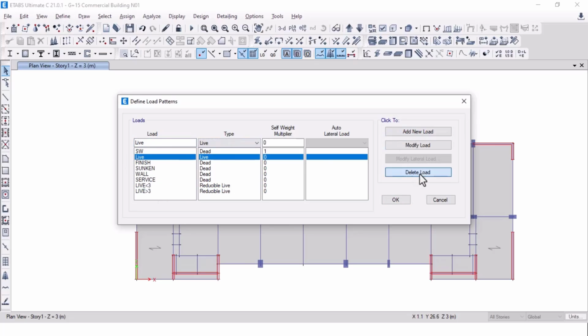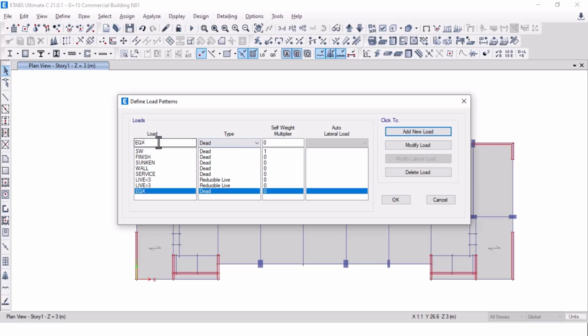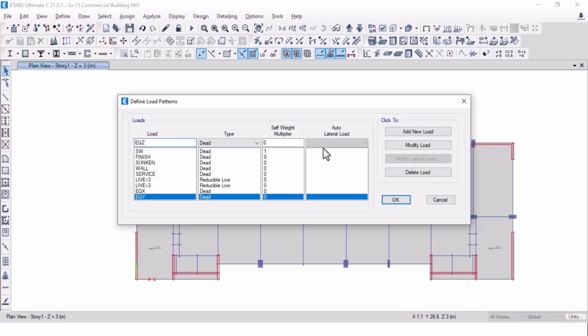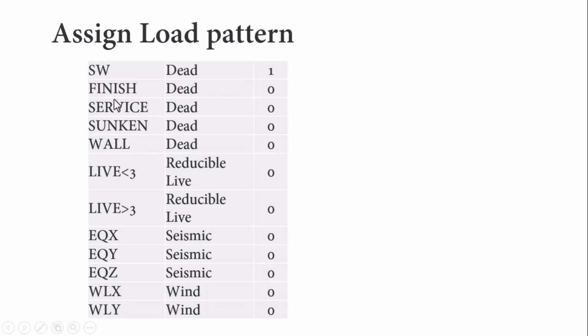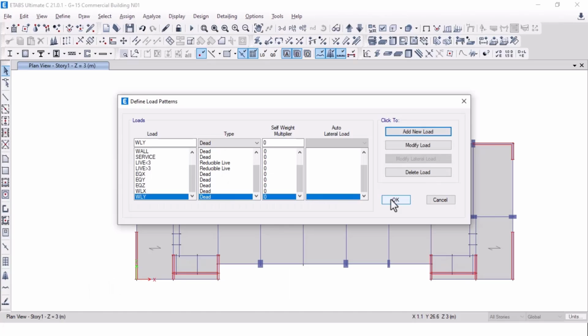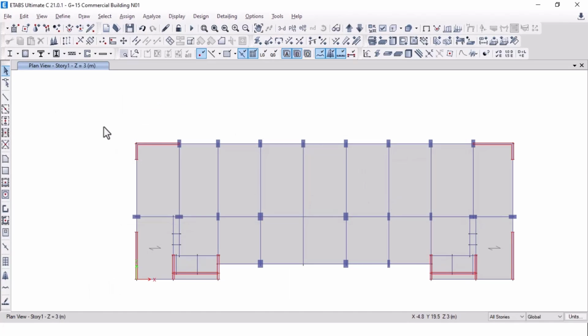and we will delete this one, and then it will be EQX, then it will be EQY, then it will be EQZ, then it will be WLX, and then it should be WLXY. So you can see, and we will go to the OK,